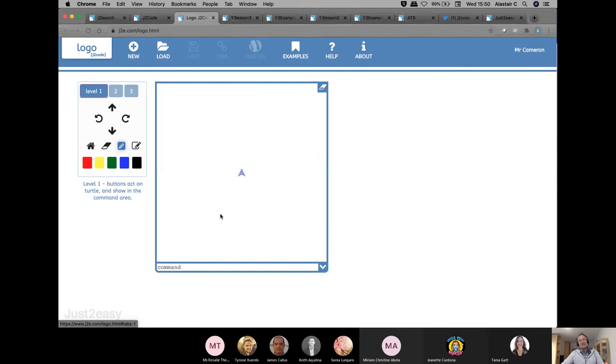Now with logo, this is actually really good fun. If we want to, we can choose a pen color and then we can start to draw shapes, and you can see that the algorithm is at the bottom of the page there, and you see the latest command that's been done, and you can carry on then changing the colors as you go.